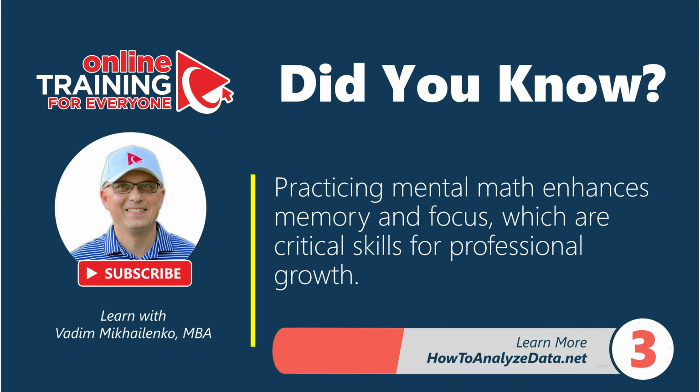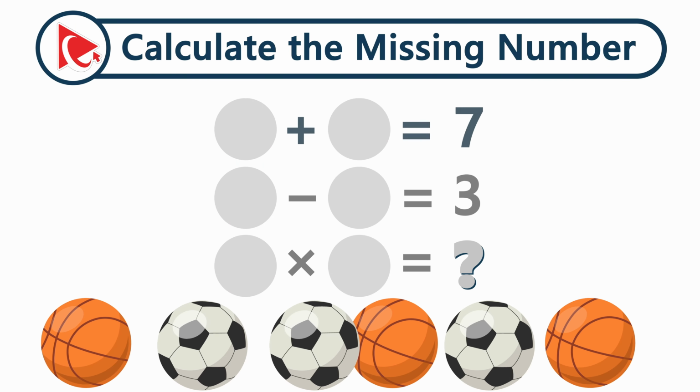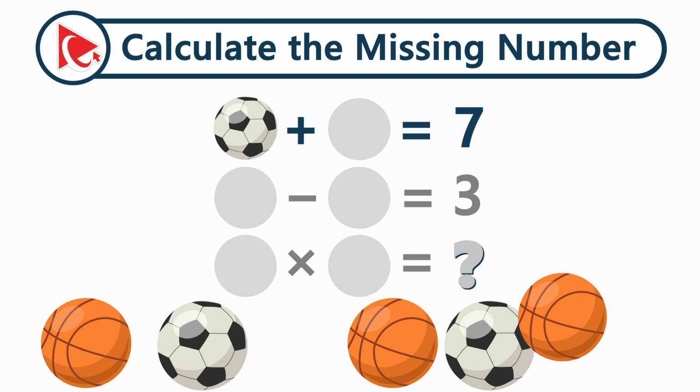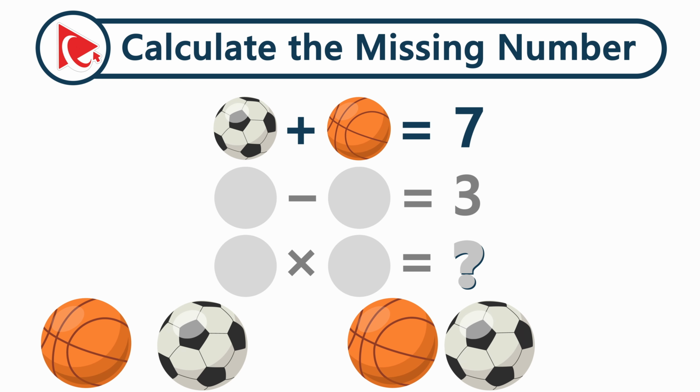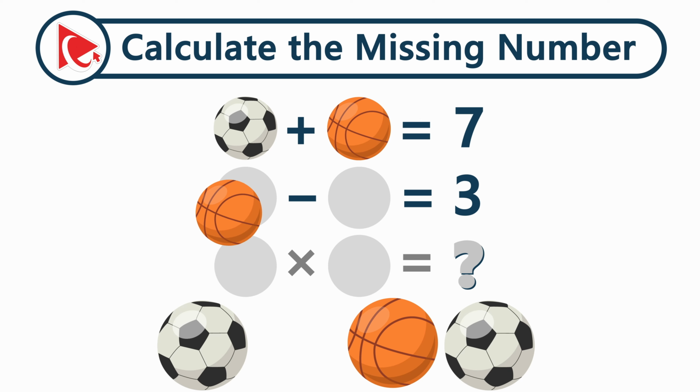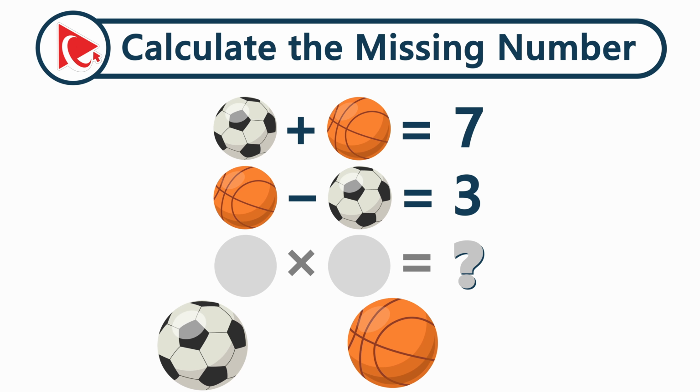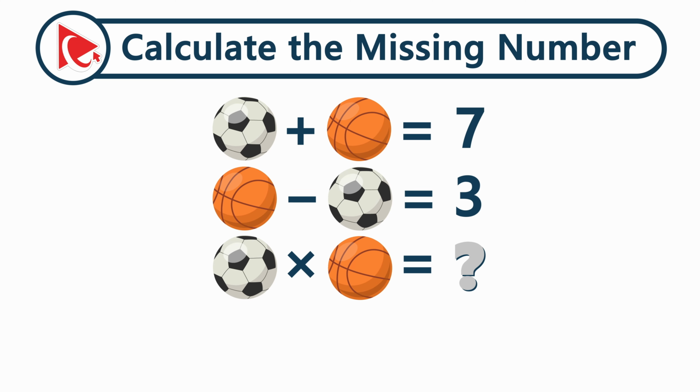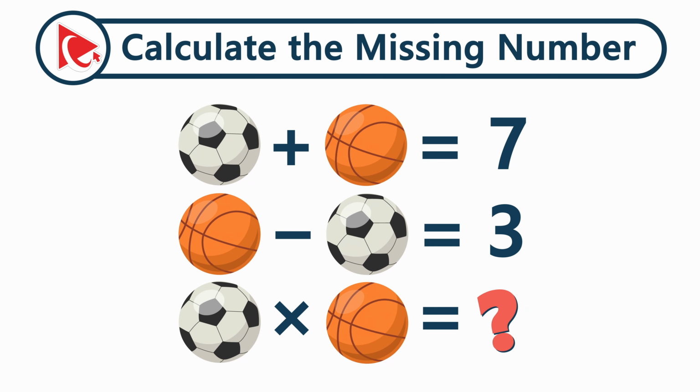In this question, you're presented with an unusual but very cool looking set of expressions. First expression is soccer ball plus basketball equals 7. Second expression is basketball minus soccer ball equals 3. And then the third expression is soccer ball multiplied by basketball equals the missing number, which you need to calculate